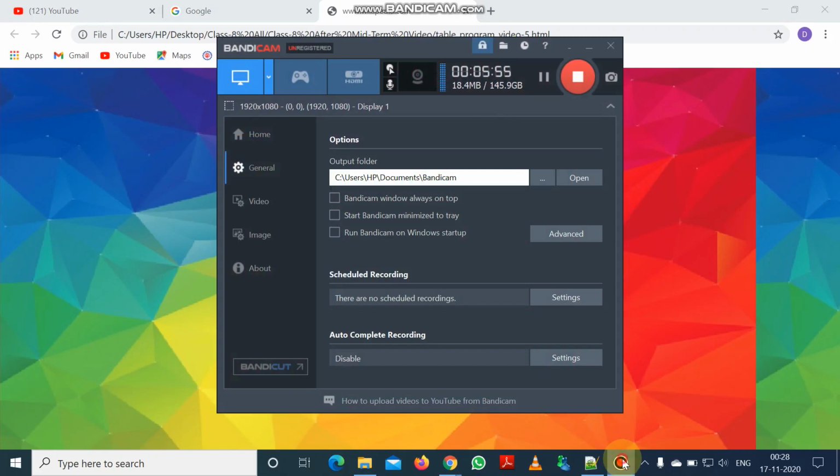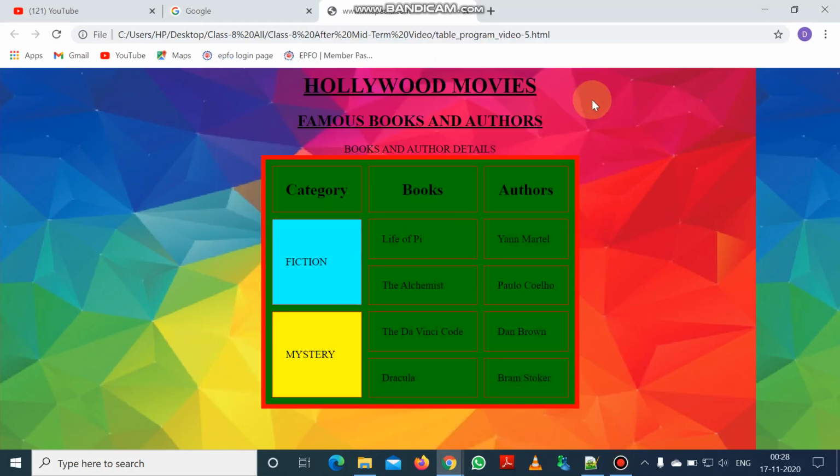So now we are getting back to the next part, that is how to create this fiction part, this mystery part, and also how to create the individual rows. Now you can see here that this fiction is a row, but this row is maintaining a space of 2 rows.